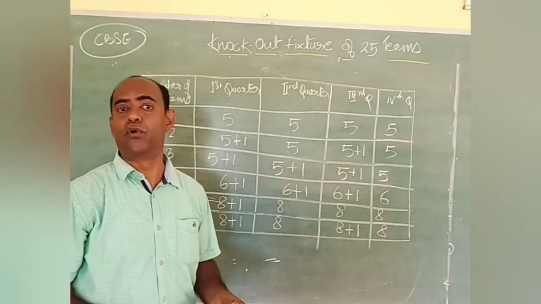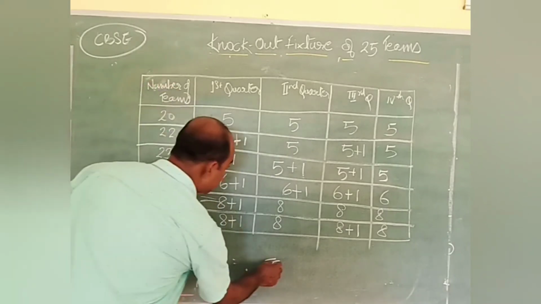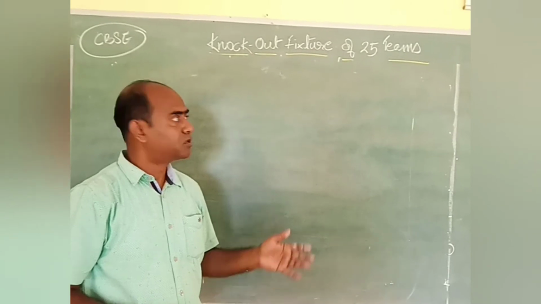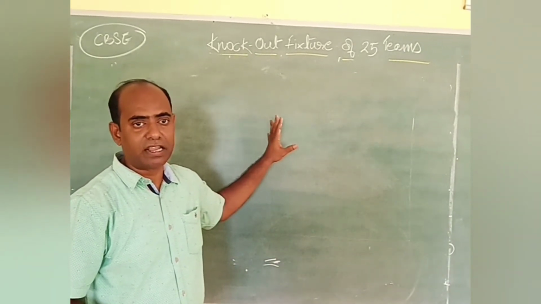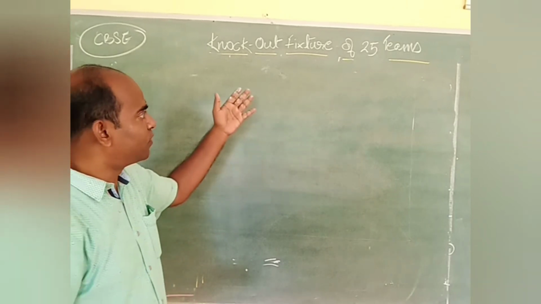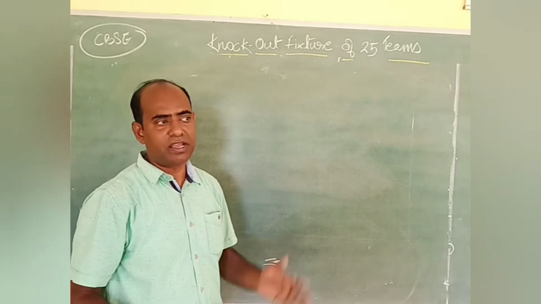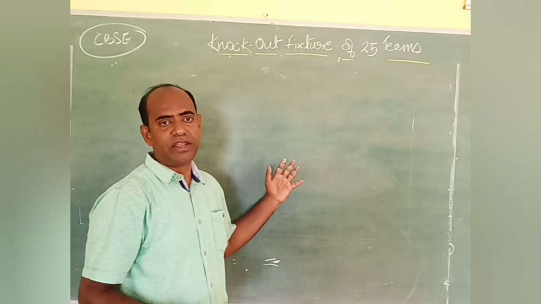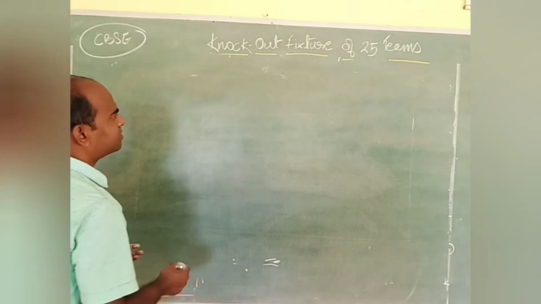If the number of teams is more than 20, you will use quarters. So now we have come to know the system of placing teams according to quarters. We have got 25 teams, definitely a large number of teams, so in this way we are going to divide them quarter-wise.